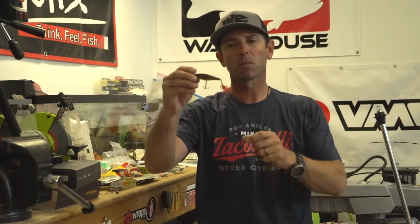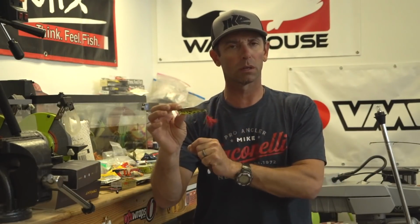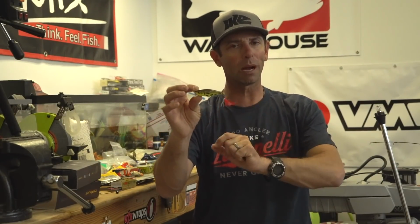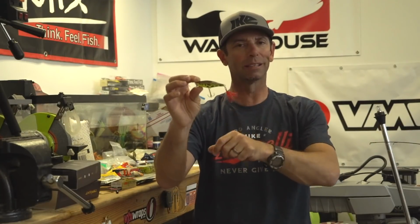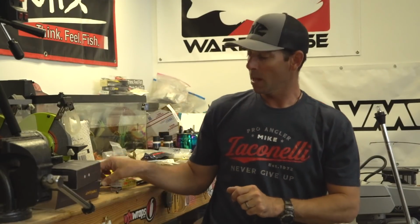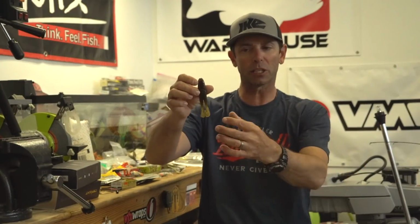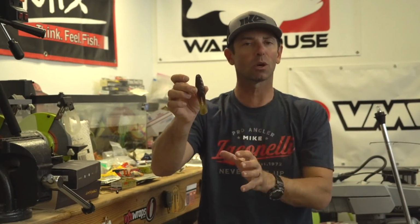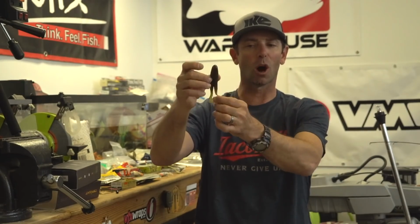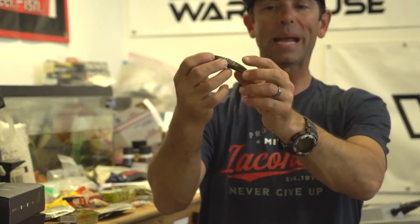That hard bait with all those trebles becomes very difficult to work. You end up spending more time snagged or freeing grass and cover from the hooks than you do working the bait. And because of that, in moderate to heavy cover situations, I'm going to switch to a soft topwater. A soft topwater bait, a toad, a frog, a bait that's soft, because I can Texas rig these baits, or